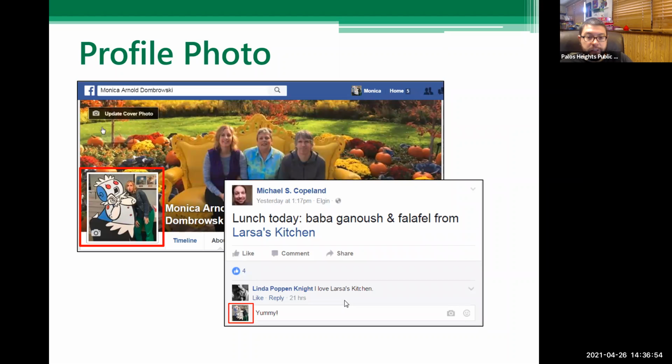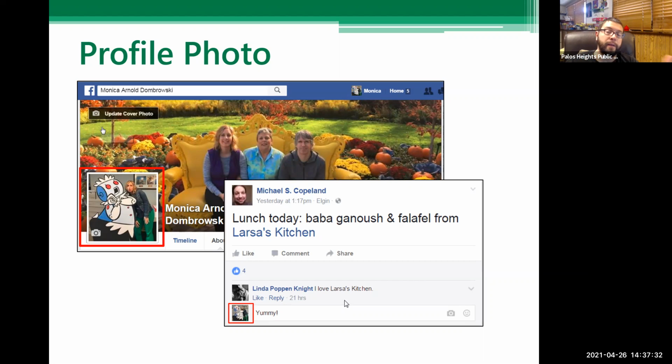Profile photo, to change it, well, you can see it there. You see it in your posts whenever you post something or comment on something. That profile photo is always there next to your name. So, depending on who you're Facebook friends with, you might want to not have some kind of photo or the other. It's up to you. To change that photo, you would just click on it, and it'll pop up a window where you can either use an old photo, or search your computer for a new one you want to use. It'll let you slide it around in there to frame it properly.